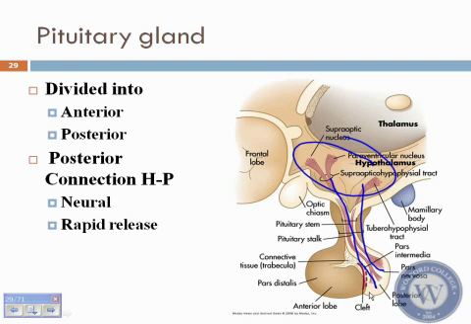Okay? Versus the anterior pituitary, which is dependent on blood supply. Okay? The blood supply in here is very rich in the anterior pituitary. So you have a blood supply that comes around through up here, and then it travels around here. And it's also inside the organ. Okay? So when that chemical is released in here, it travels down here, and then it affects the cell, which then releases the next hormone. So it's a two-step hormone.